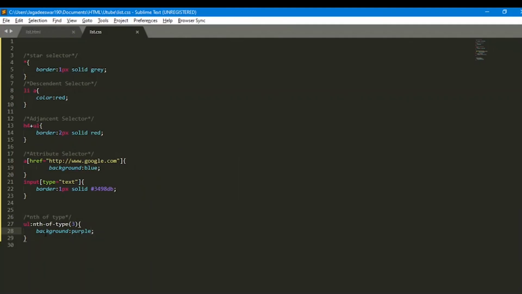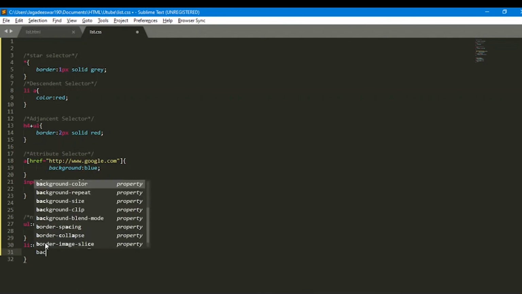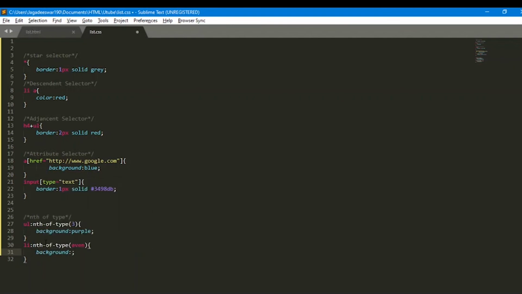Now what if I want to select the UL of nth-of-type even, or if you want to select the LI nth-of-type, you can also write even, and change the background color to green.